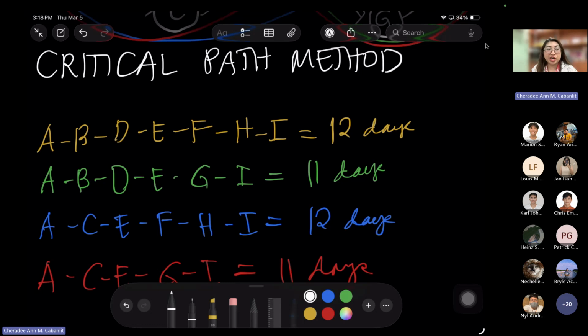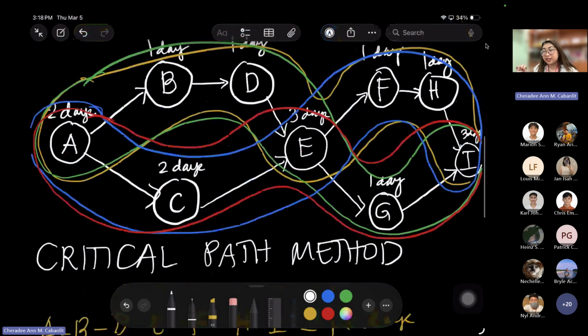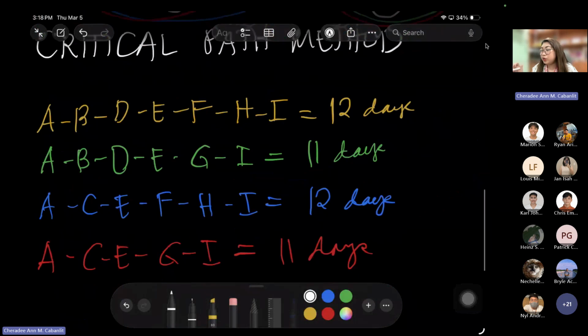Okay, I'll give you a scenario. Notice that G is the number of days that I can actually extend one more day, correct? So let's say I extend one more day to path G, or node G, or activity G. G is the renting of sound equipment. If I extend one day to activity G, is it still okay or not? So this will become 12 days and this will also become 12 days. Is it still okay or not?